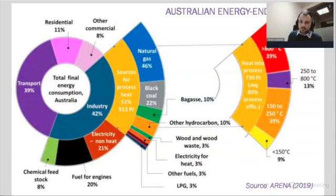But I want to make special emphasis on the right part of the graph, where we can see the temperature distribution of this process heat. So we can see that up to around 50% of that process heat is in a temperature range up to 250 degrees. So 50% of the total process heat energy use is in a temperature range of up to 250 degrees. Of course,